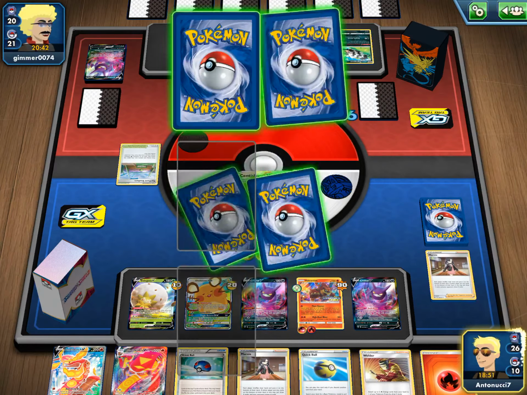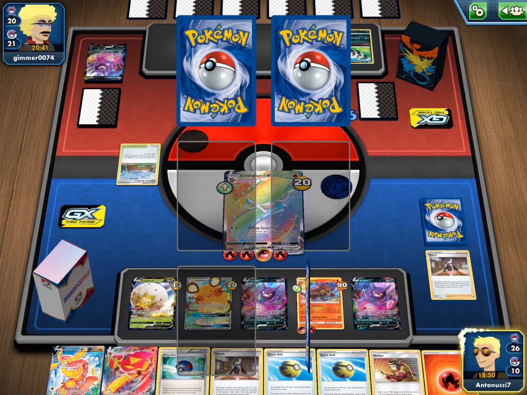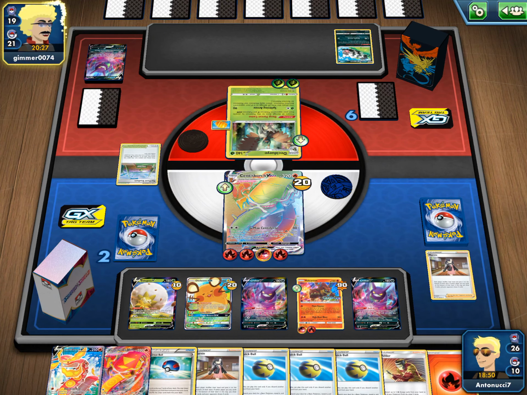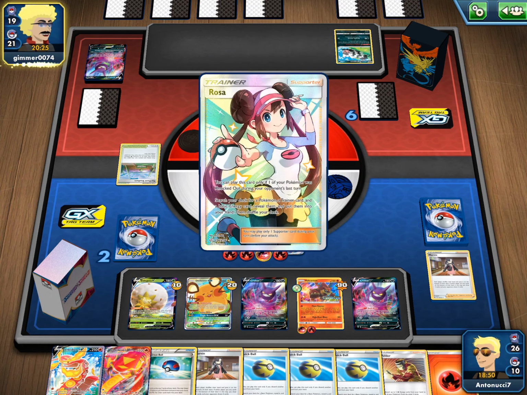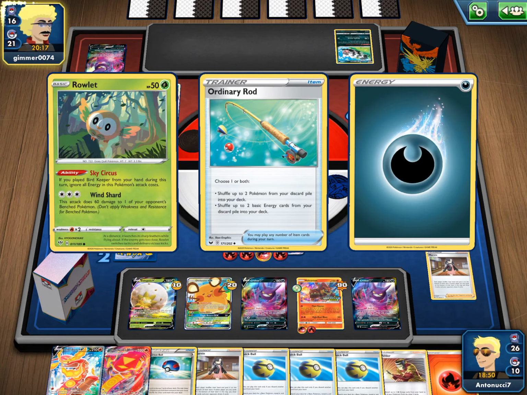I don't know what he's planning really. Maybe trying to go for a Boss. Which, if he does knock out this Volcanion, it's fine because then we just. I mean, the worst case scenario is he stamps us and then he Bosses the Volcanion, knocks it out. But even then, there's still a chance because he's so far behind on prizes that it's kind of like fine. Okay, that's a Rosa. I'm pretty sure it's getting a stamp and, I don't know what else we got. Okay, Ordinary Rod,